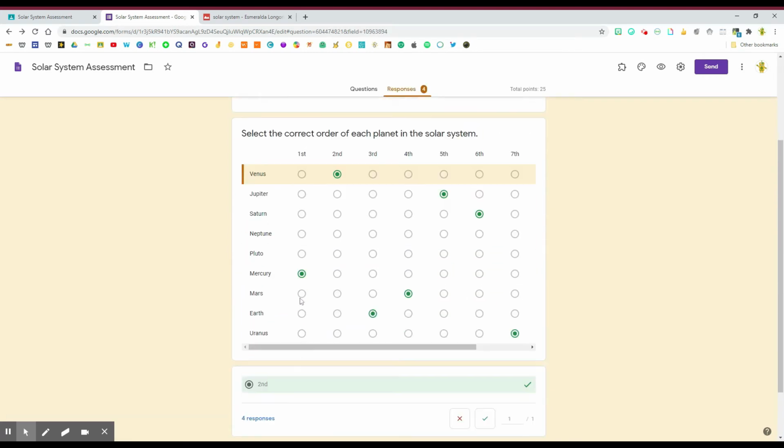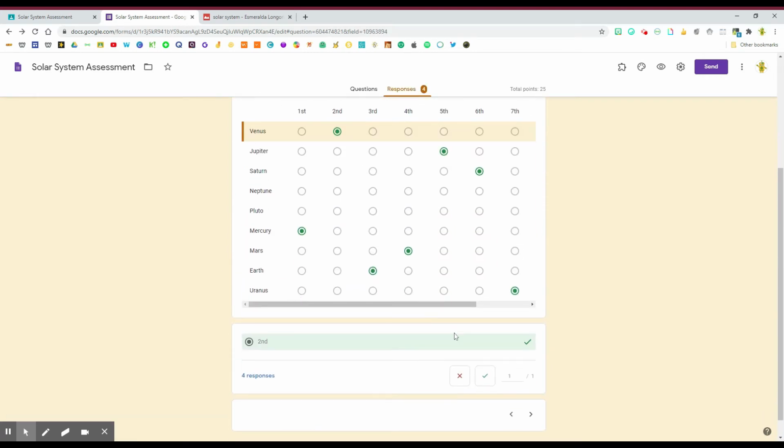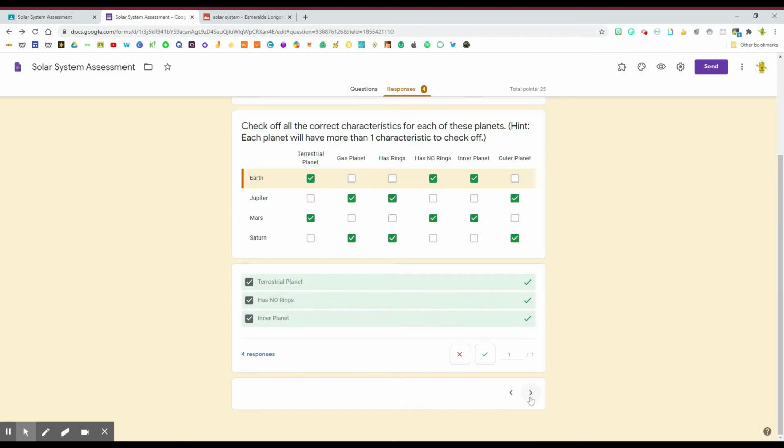And moving on, this was an auto-graded type of question, so I do not have to spend time on it. The next question, I can see that all 4 students were able to identify the 3 characteristics correctly for each planet. If there was any students that failed to correctly identify all 3 characteristics for 1 or more of the